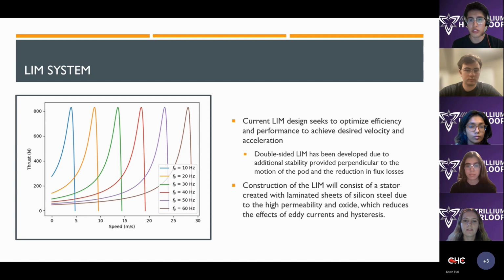So specifically this year, the development has been focused on the double-sided LIM as opposed to the single-sided option due to the fact that there is additional stability provided perpendicular to the motion of the pod, as well as a reduction in flux losses. So in terms of the overall construction for the LIM this year, the focus has been